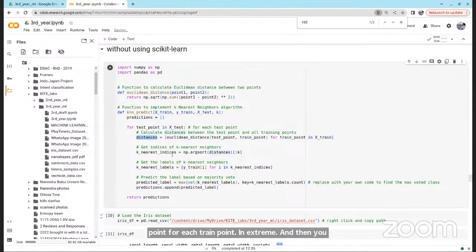From the distances, you choose the k nearest, where the distance should be small. K nearest neighbors, that is the lowest distance. The lowest distance points are the nearest.